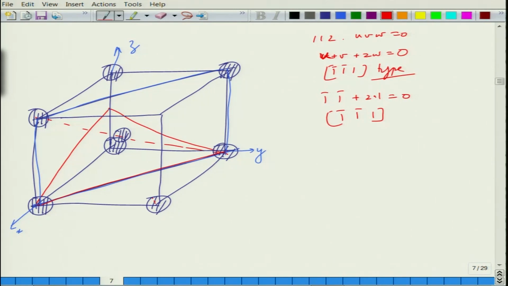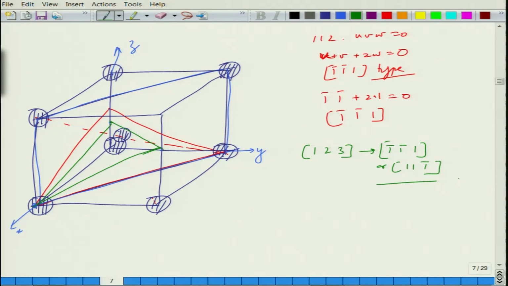Another plane is the 1 2 3 plane. So, 1 2 3 will be 1, 2 and 3. So, this will be the plane, and you can just cut across this plane. So, there will be one direction lying through this as well. The 1 2 3 plane will give you a direction which is again bar 1 bar 1 1 or 1 1 bar 1. So, this will be the way in which you can determine the number of slip systems. The total number of slip systems is 48 in BCC, but none of them are closed packed planes. They do contain closed packed directions in them though.